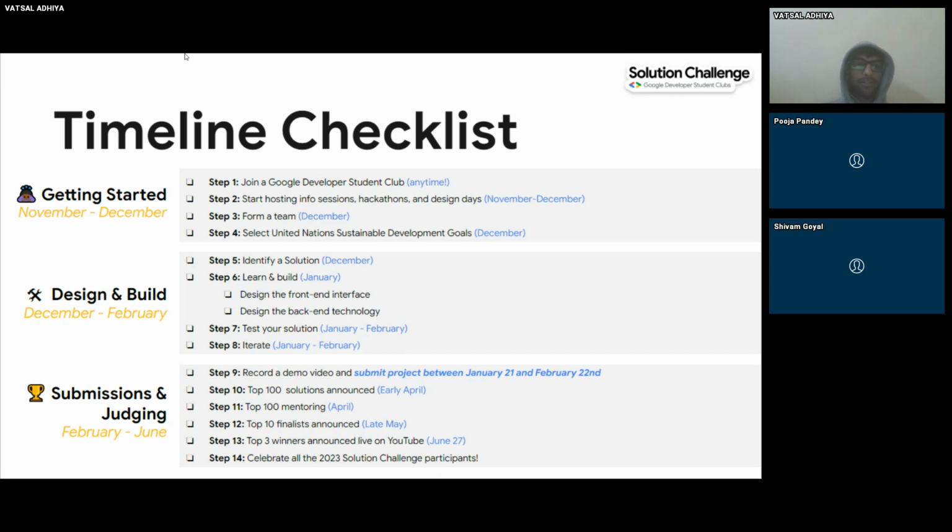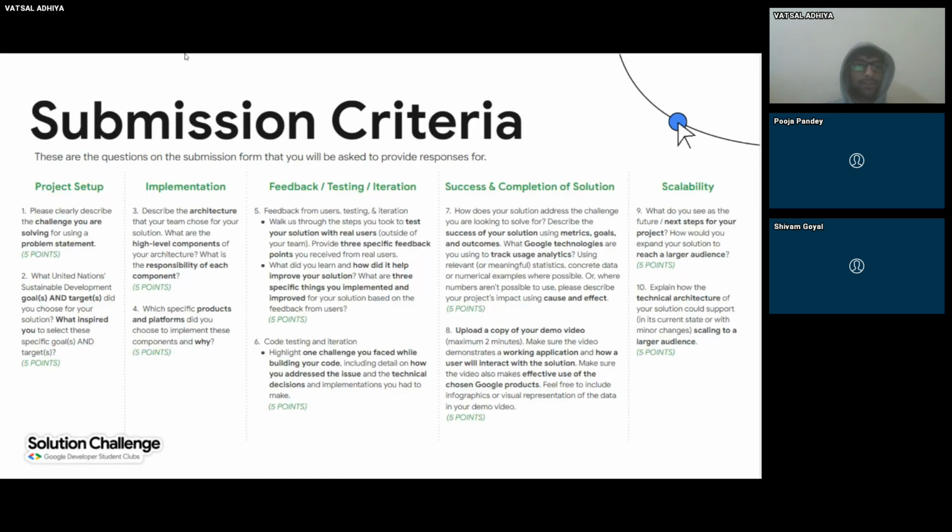So this is the submission criteria which the Google team will be looking at. In the first round, the Google team is not much into the code part. They want the innovation, the solution that you are solving, and the Google technology which you have used. So first of all, they will see the idea and how you are solving the problem, the innovation which you have brought in the idea, and all those things. And lastly, they will be looking at the implementation part.